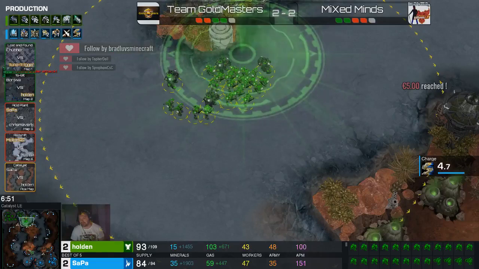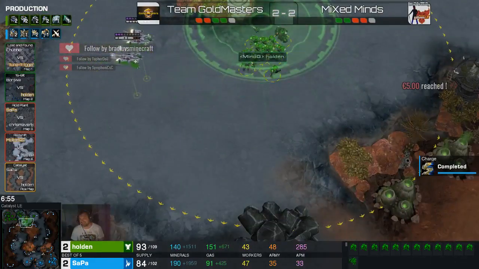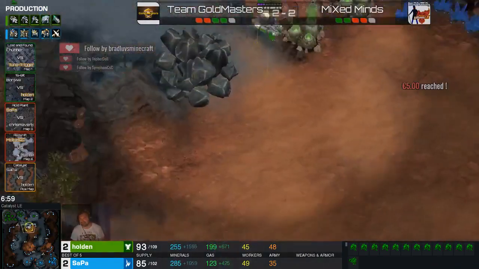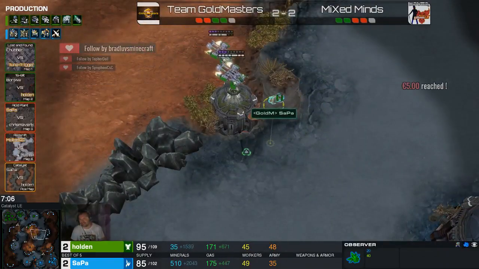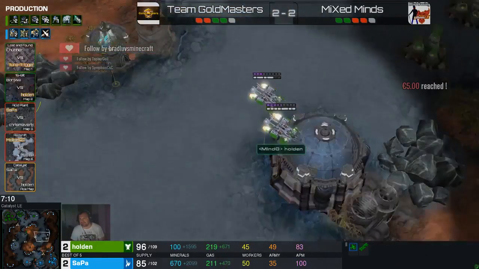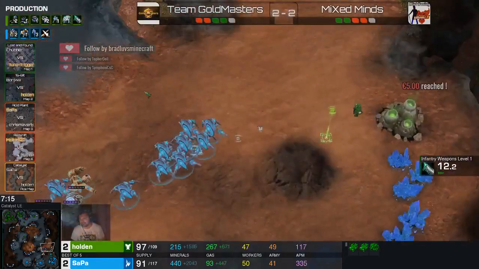Oh, now the Terran scanned himself. I'm not sure. That is paranoia. I guess he thought he might have seen an observer, and I think it's just a check. But now the observer is seeing the drop. I still hope he can get here in time, because if he doesn't get here in time...